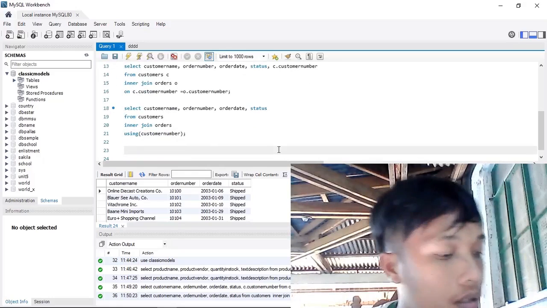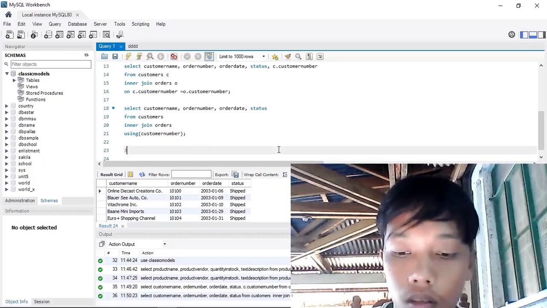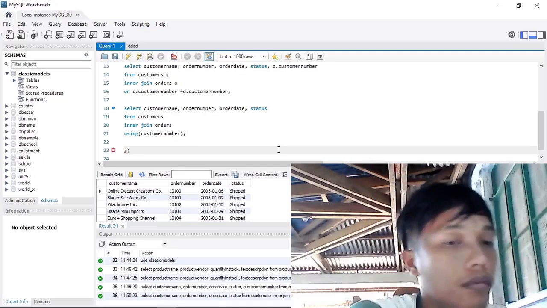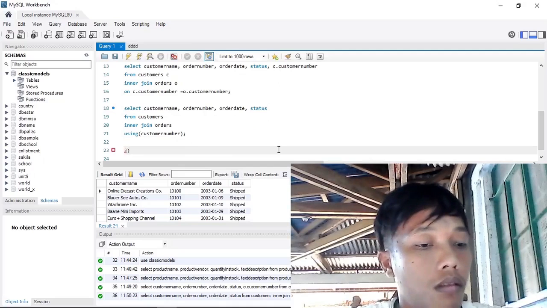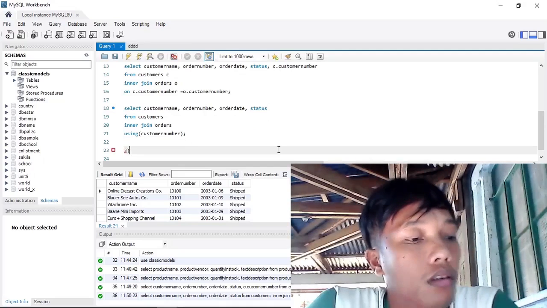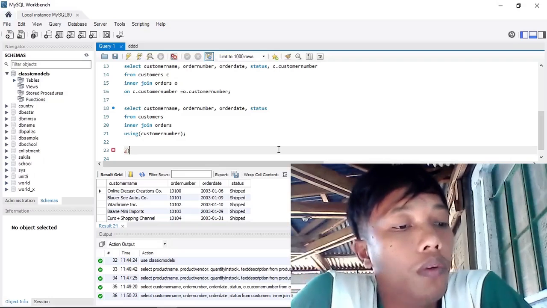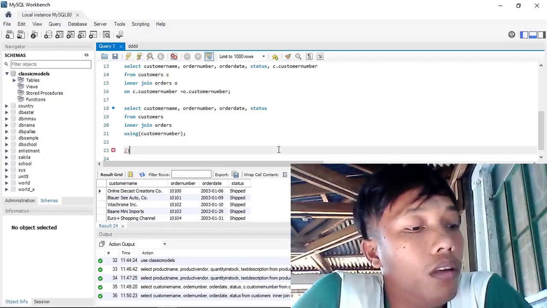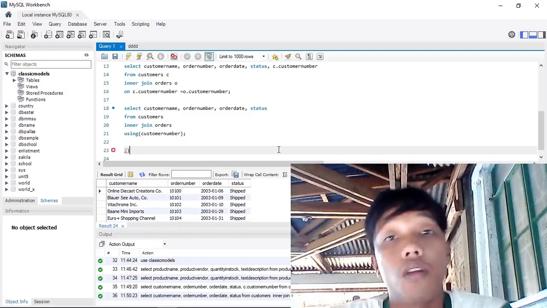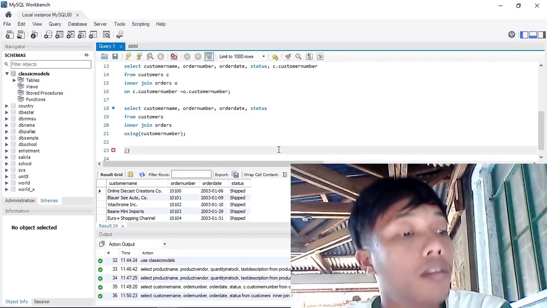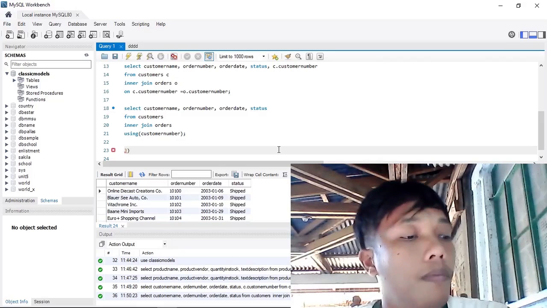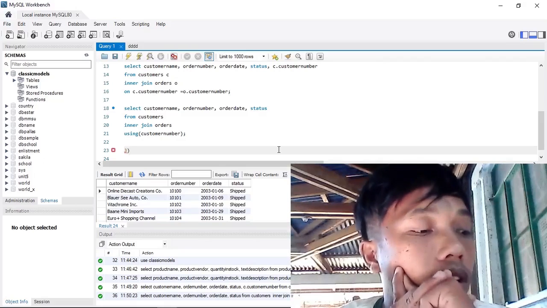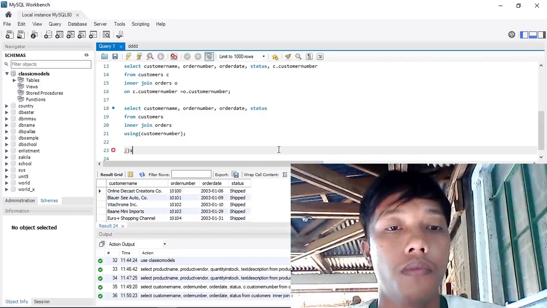The next task is task 3. Display the names, email, office address, and office phone number of all employees in France and UK. Okay sir, I'm going to use the combination of two tables, employees and offices. First syntax,